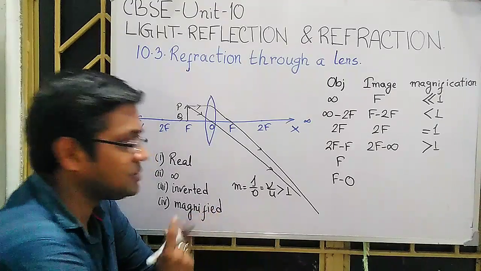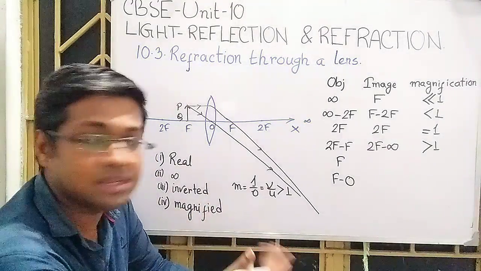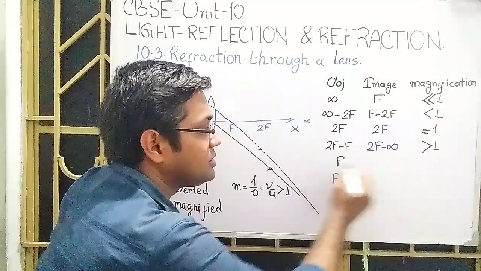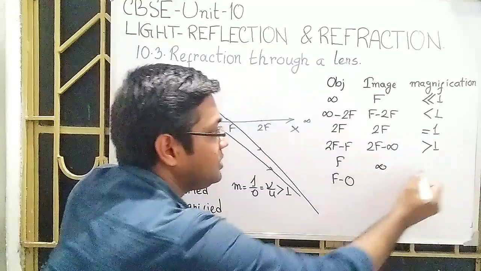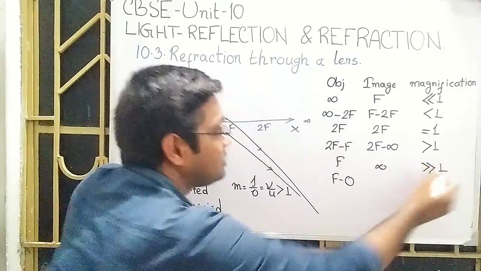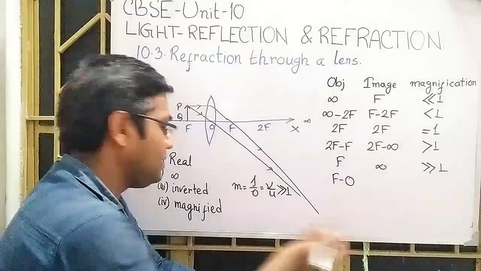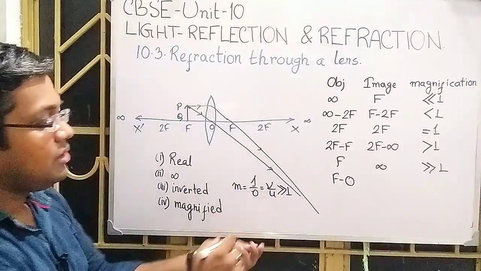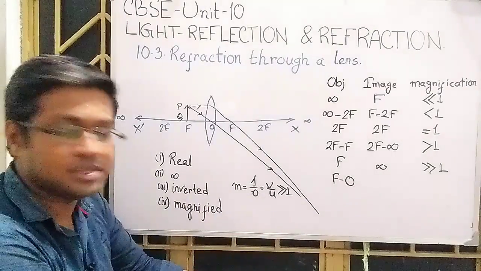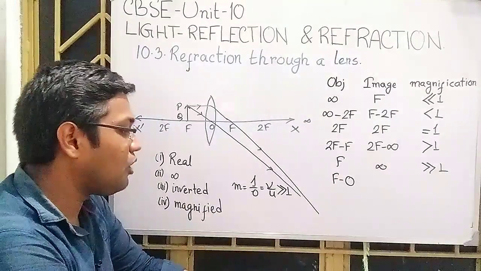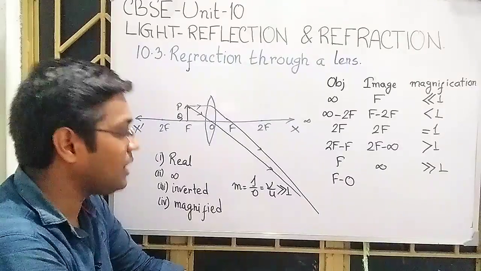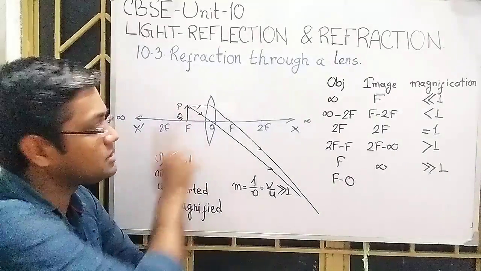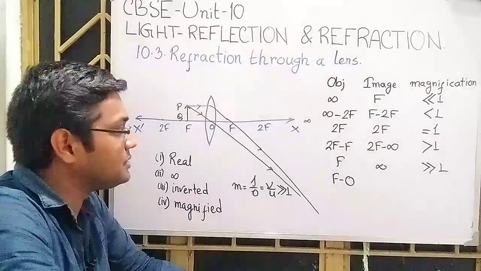Size of the image, we have seen that it is continuously increasing. So if the object is placed at the focus, we will get the image at infinity and its size is very much greater than 1. The last part is left, that is if the object is placed in between the F and O, again we push the object towards the lens, then what will happen?